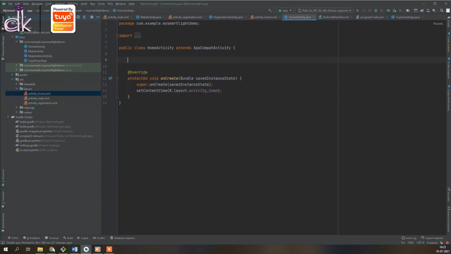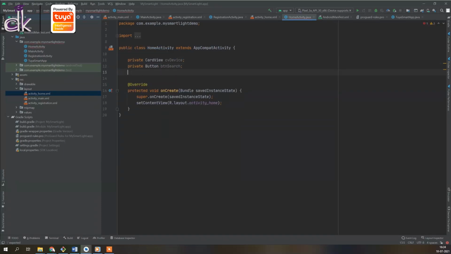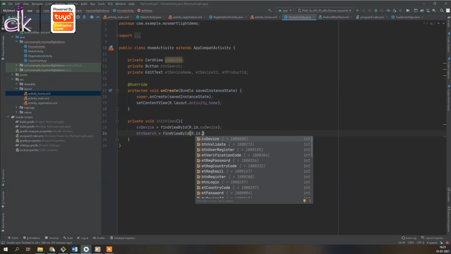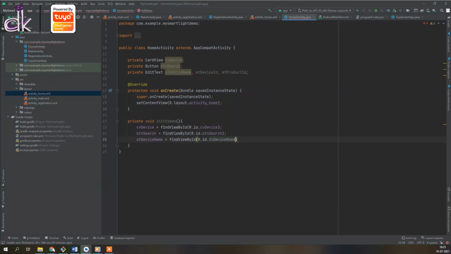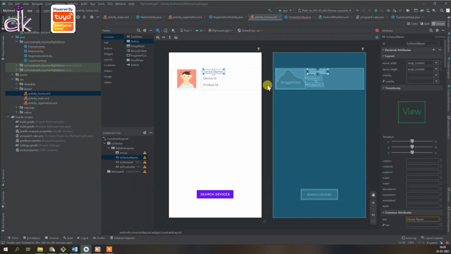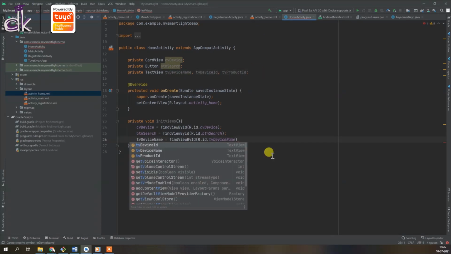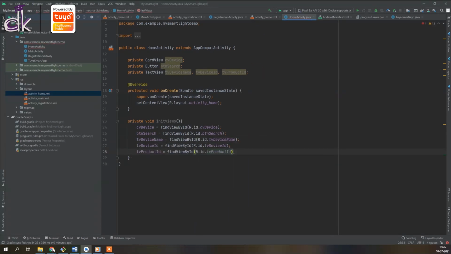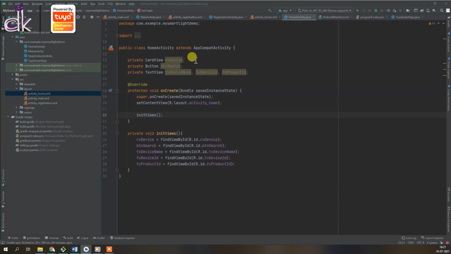So for that, again, follow the same process. Okay, so we have initialized all our devices and we have binded it. So we have initialized all the widgets and then binded it with the respective IDs called the init views function here.